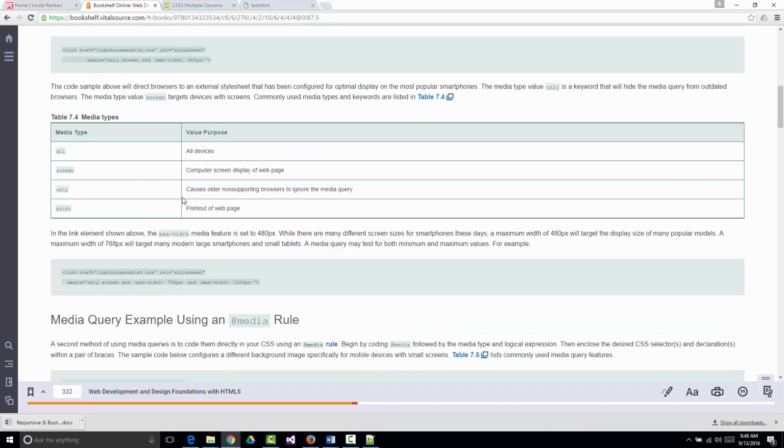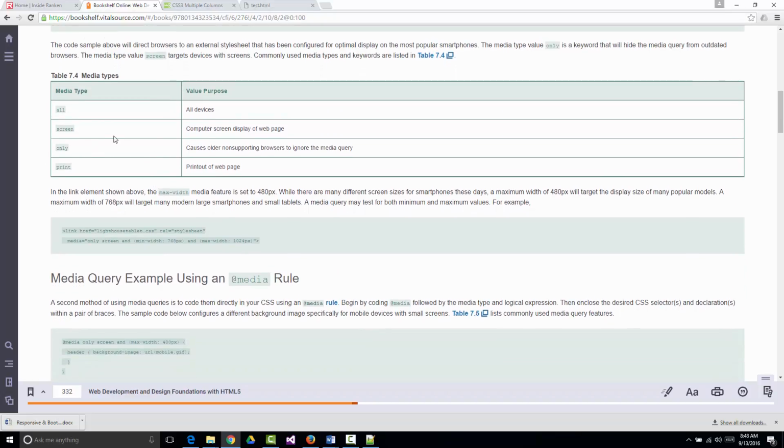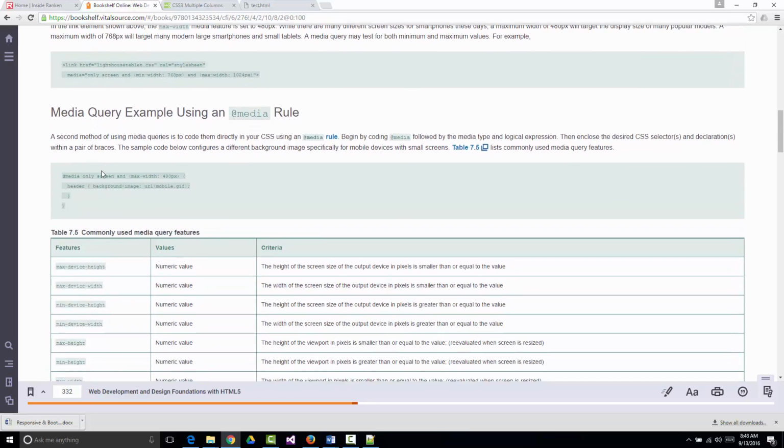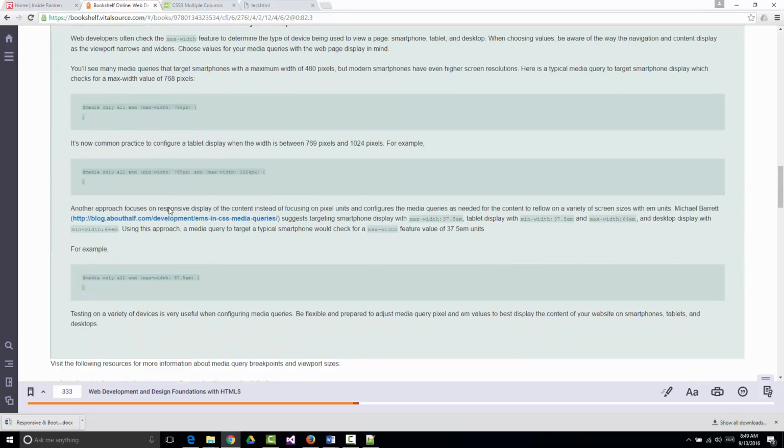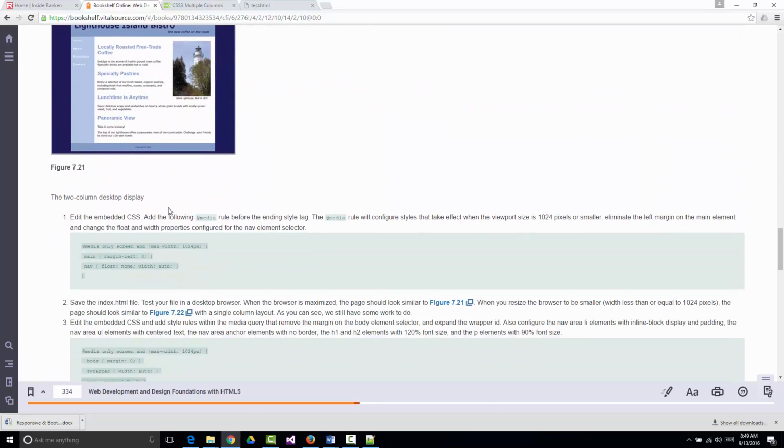So here's all the different media types that you can use. We've already talked about this. All means for everything. Screen, computer screen of the web page, print we just talked about, and they go through here and they start talking about this. This is about as close as we get in this part of the class to coding. Because what you're doing here, when you go through some of the examples,